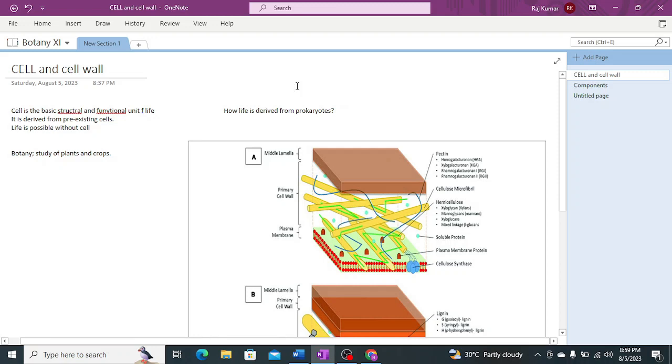Cell is the basic structure and functional unit of life. As we know, according to the cell theory, the first postulate is that the cell is the basic structure and functional unit of life, and that forms the basic structure and function of life. And then secondly, every cell is derived from a pre-existing cell, and that is why we are going to conclude this point